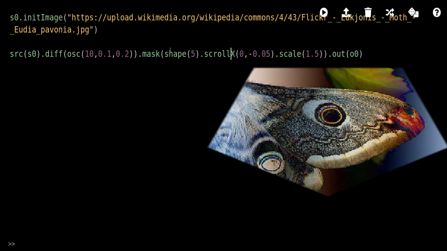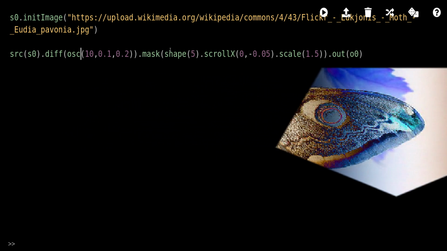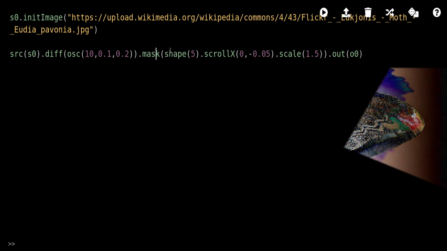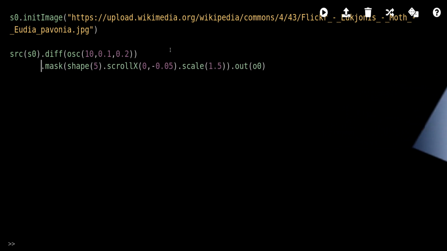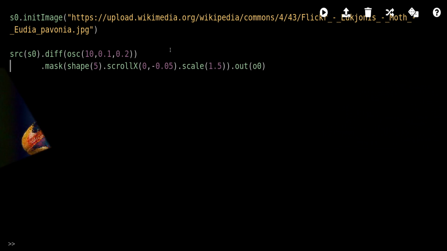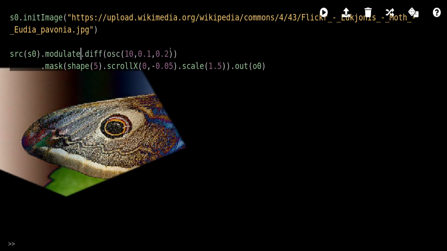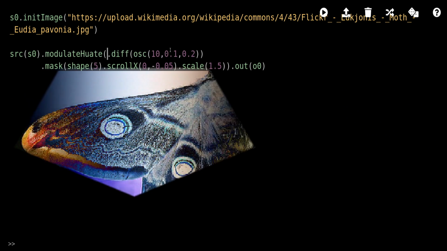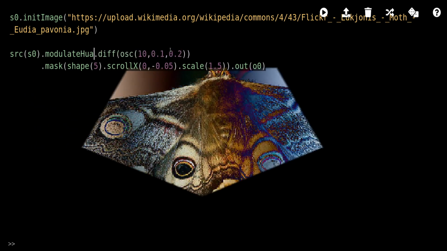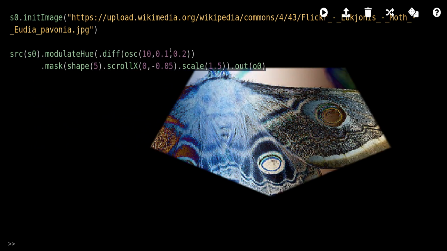So that's cool. Now what happens if we get silly and, I don't know, let's try something like modulate hue of,